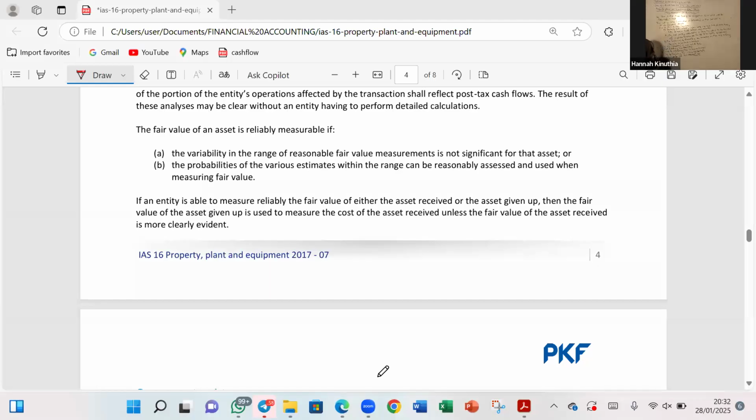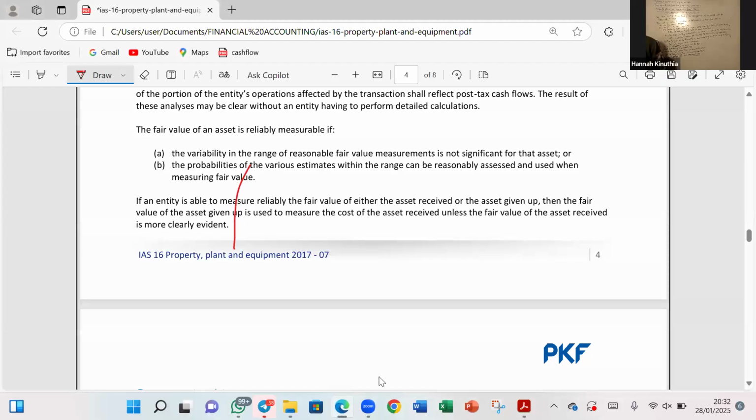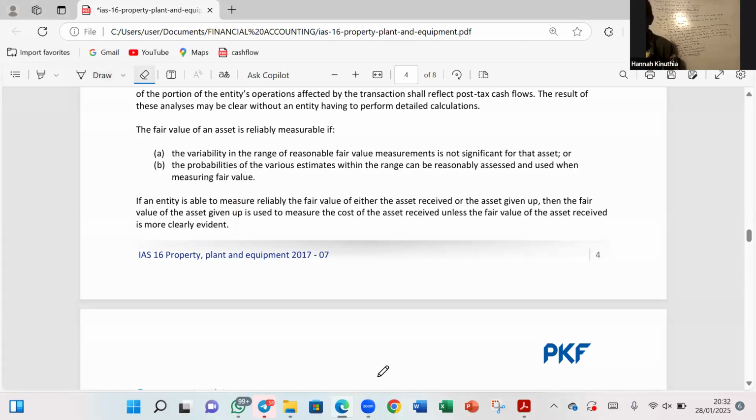So let us see this one. Now, the fair value of an asset is measured reliably if, number one, the variability in the range of reasonable fair value measurements is not significant for that asset, or the probabilities of the various estimates within the range